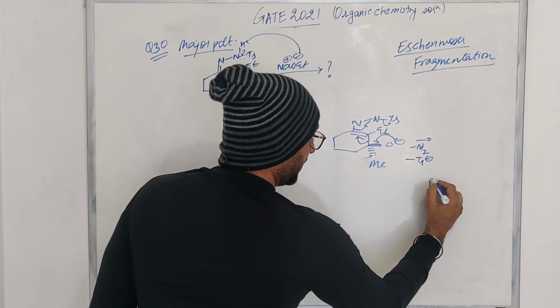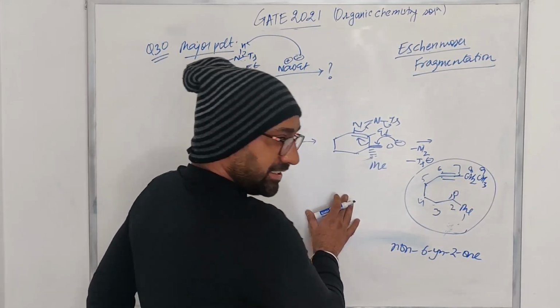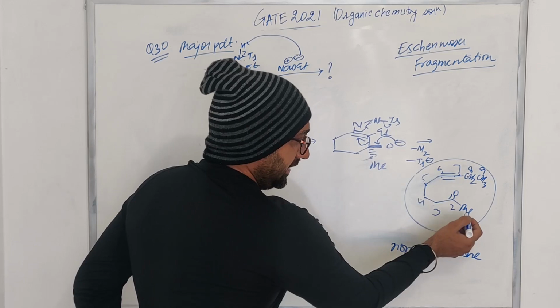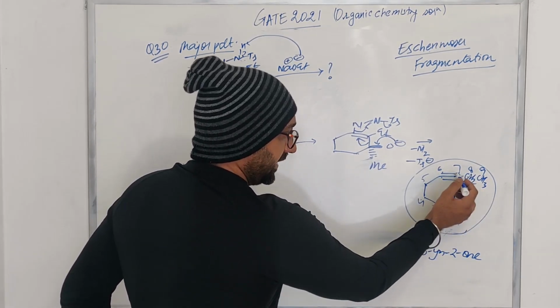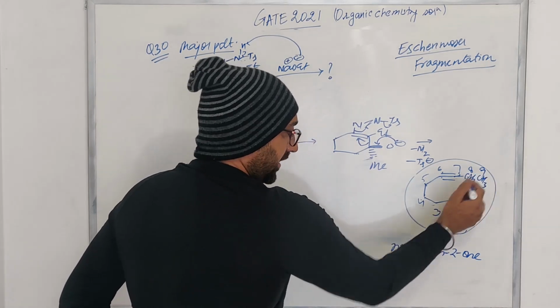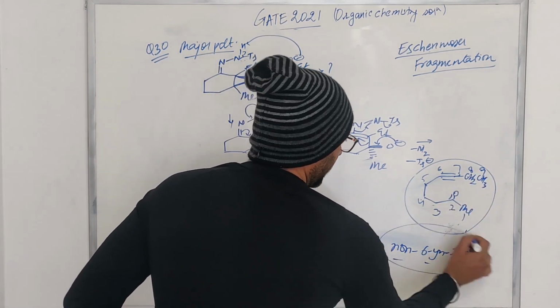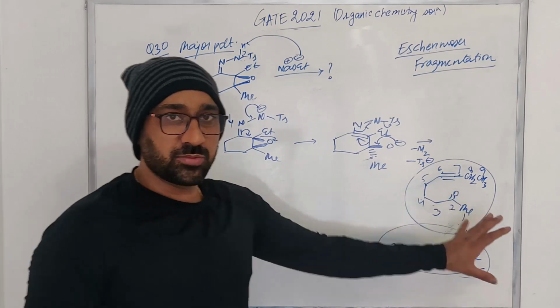Now we can clearly see that once it eliminates, what we get is a ketone and an alkyne. So we can start the numbering. We have the 2 position for keto and the 6 position for alkyne, and we have a total of 9 carbons. So non-6-yn-2-one. That is how you could have approached this particular problem.